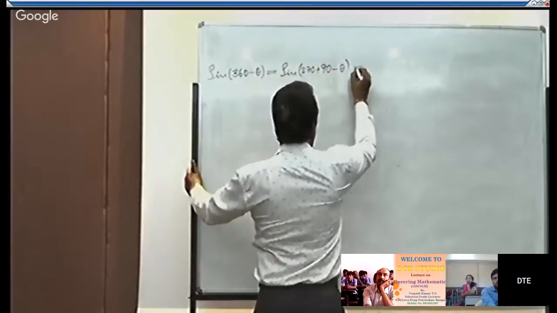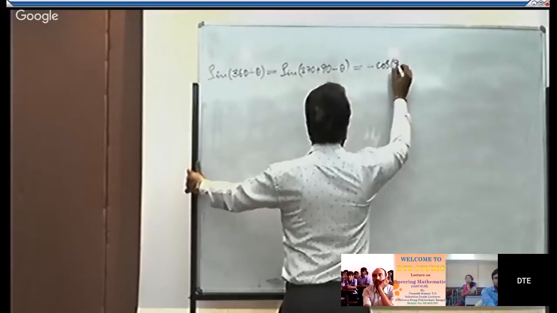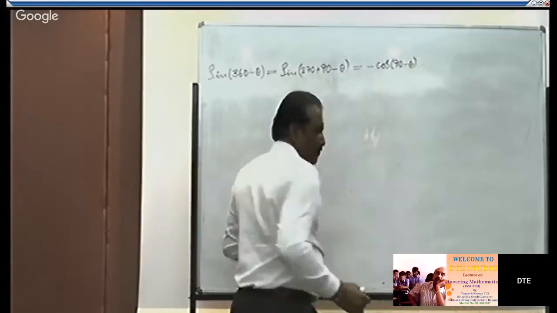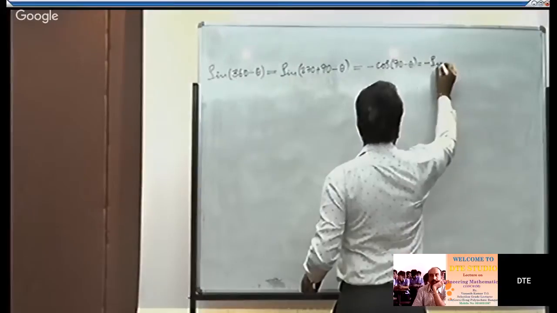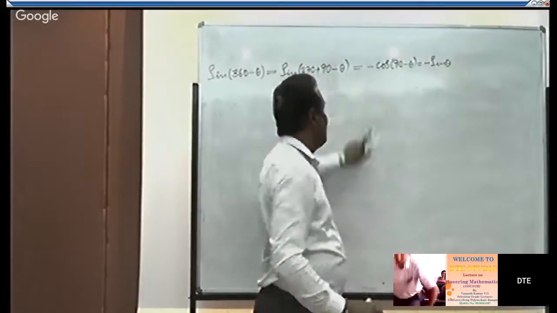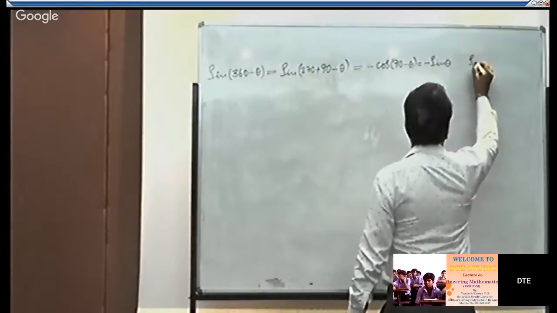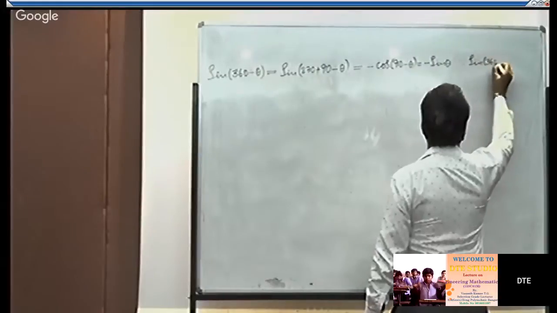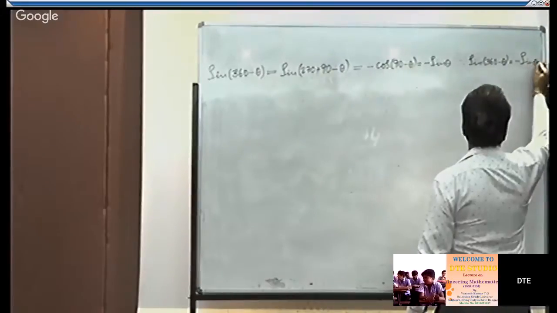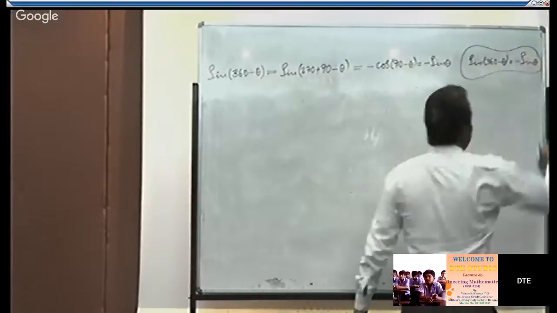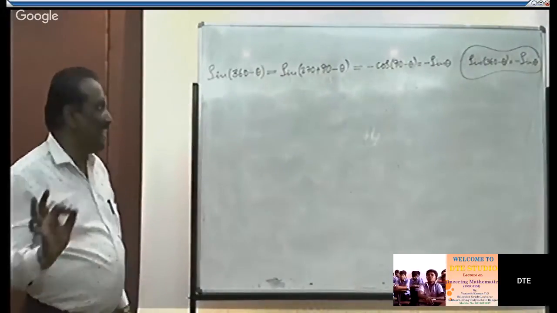If you assume it like that, the entire thing becomes sine of 270 plus theta. We proved sine of 270 plus theta is minus cos theta. Theta means 90 minus theta. But cos of 90 minus theta, we know that it is sine theta. Minus previously it is there, therefore it is minus sine theta. Therefore, sine of 360 minus theta is always equal to minus sine theta.